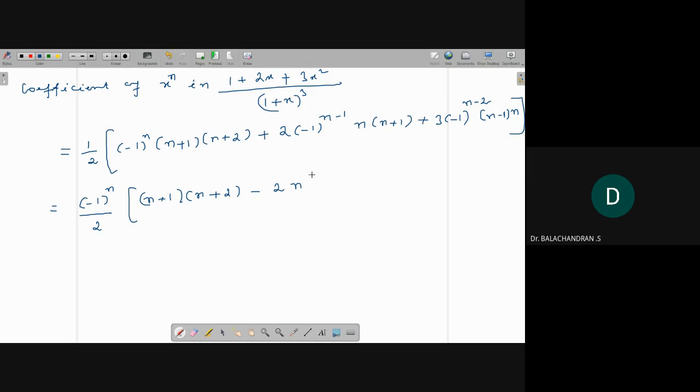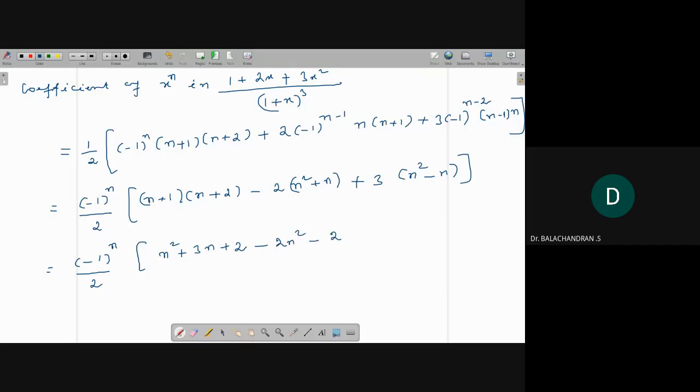If you multiply, you'll get what? N square plus n. Okay, I took here minus 1 whole power n. So remaining here what? Here minus 1 whole power minus 2, so that is 1. So plus 3 into n square minus n. So this is equal to minus 1 whole power n divided by 2. What is this? N square plus 2n plus n, 3n plus 2